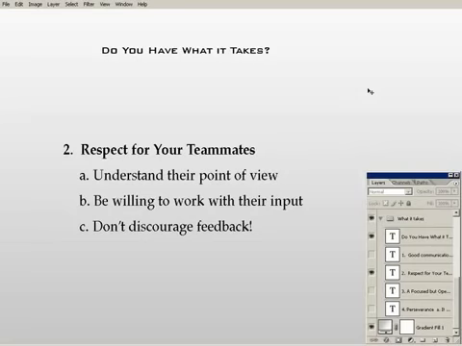Be willing to work with their input. If they tell you, no, you can't do it, or yes, you can, but you have to do it in this certain way, be ready to deal with that. We had a system for Hyperion at first where we were going to be able to use items. It was, pick up a PDA, and then you could use it in order to read it, and maybe if you used it again, you get a different message, and so on like that. Right. And we quickly found out that wasn't going to work out, and there'll be more on that later on in the presentation.